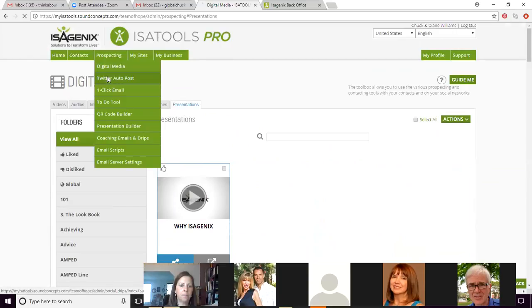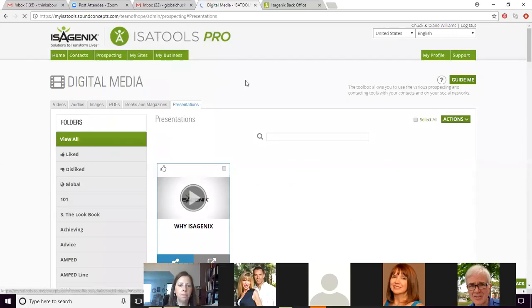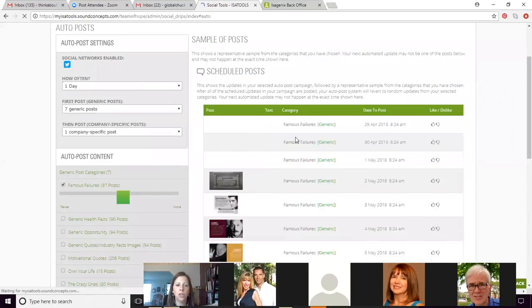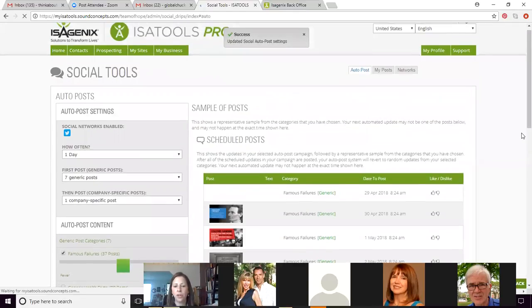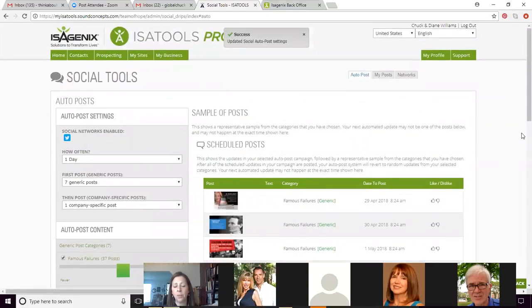So your Twitter post. If you belong to Twitter, I highly recommend you use this tool because, of course, it is something that once you set it up, it does the work for you. So the very first thing you would need to do, though, once you are in the Twitter